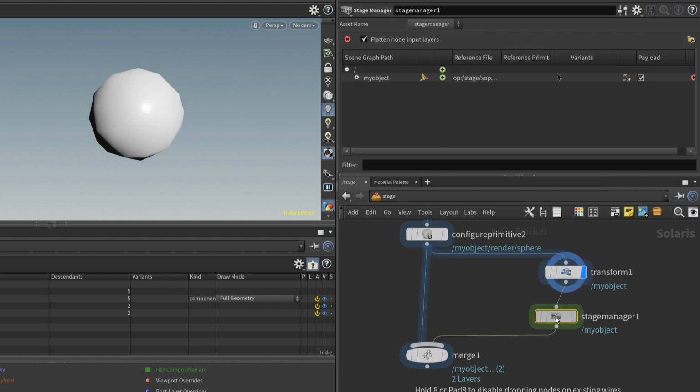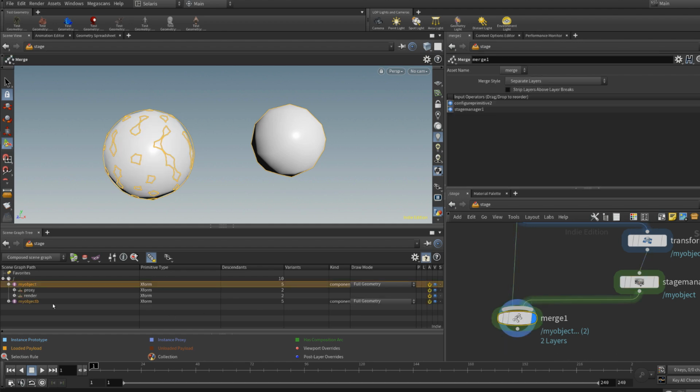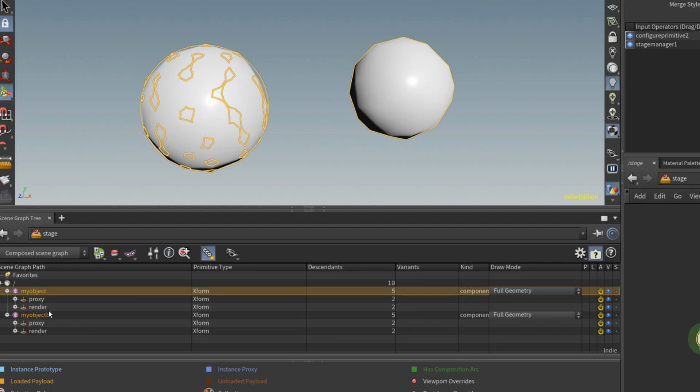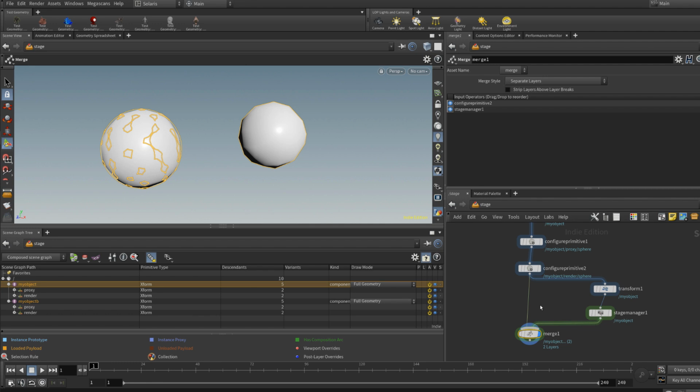And in the stage manager, you see a representation of your graph. You can actually edit things, you can move things from the folder, etc. I wouldn't recommend messing up the hierarchy in this case, but just changing the name to, I don't know, my object B in this case would allow us to get two different spheres. Because now we have an object with an object B structure and one with just my object. So yeah, that's just something to keep in mind when it comes to dealing with USD.